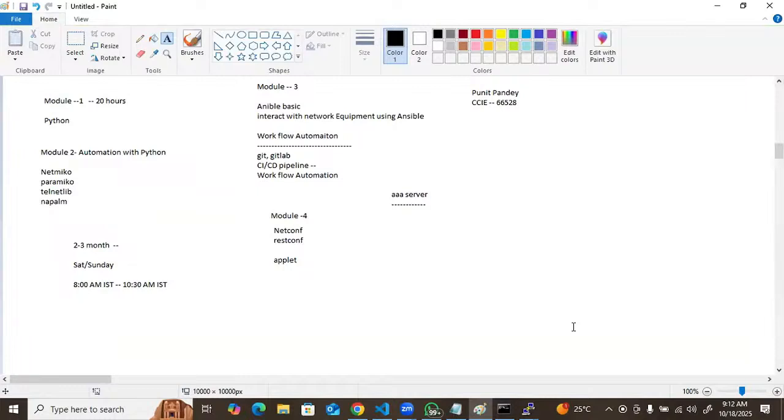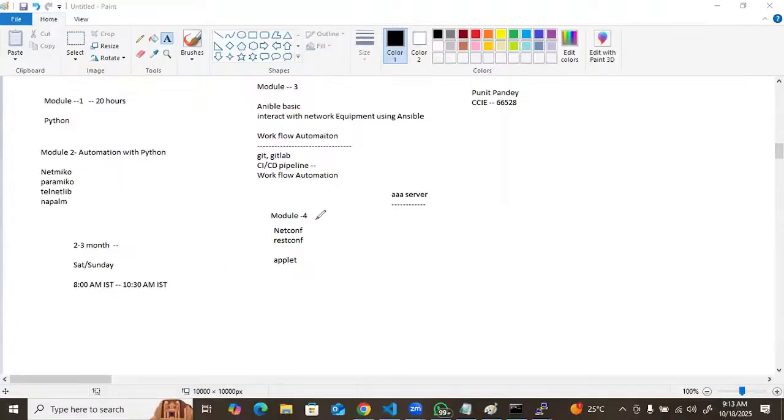Sir, are we covering any APIs in this course? APIs are not there, but still I will cover netconf and restconf. There I will discuss the APIs, REST API and netconf. I think Postman will be covered here. Postman is used for network automation, guys. That course is not there, but Postman is in our CCIE lab.